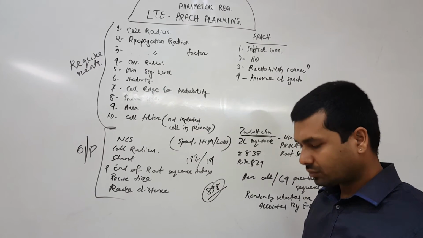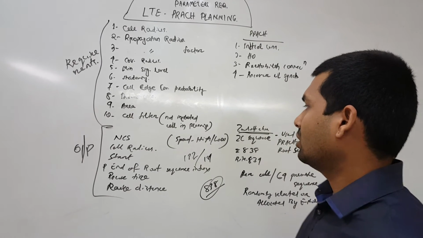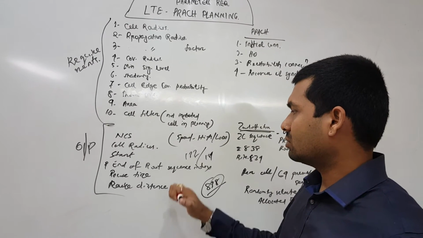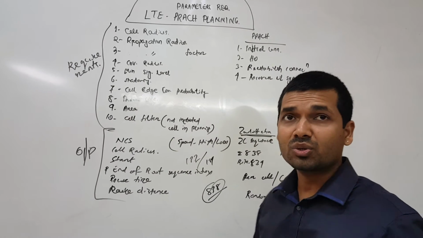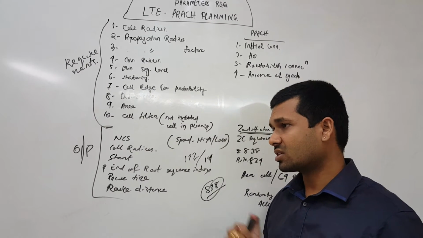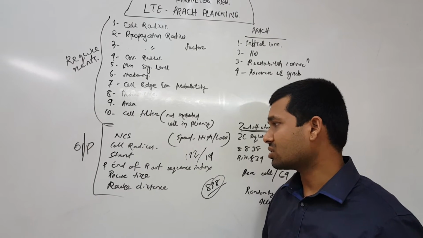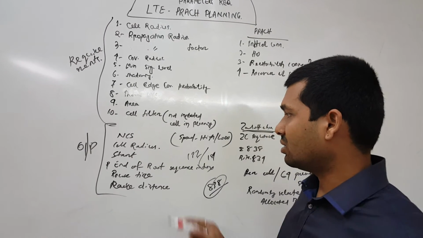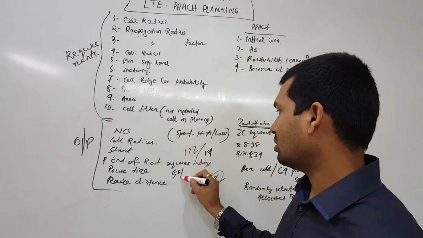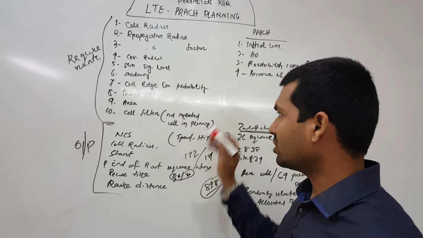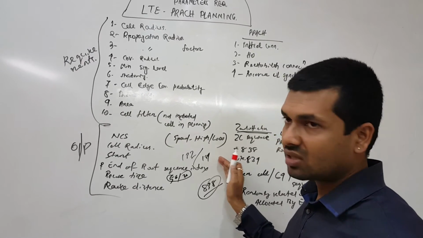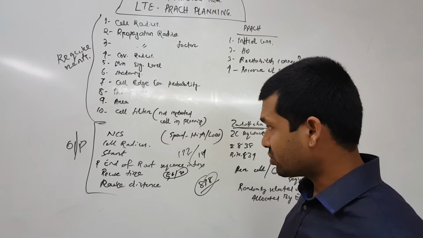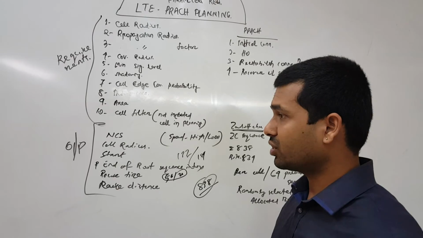Then we'll get the reuse tier and reuse distance also. So what is the distance we can reuse this, and let's say the reuse tier would be some 50 or 30, as per the details given earlier, and as per the root sequence index planning. Then the reuse distance also we will get from the tool.